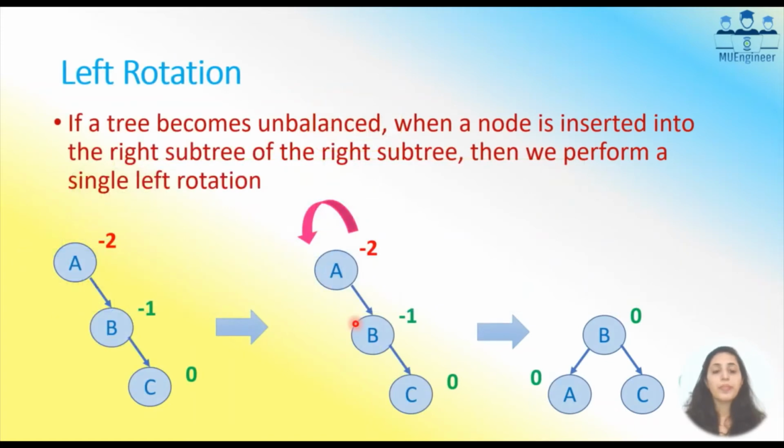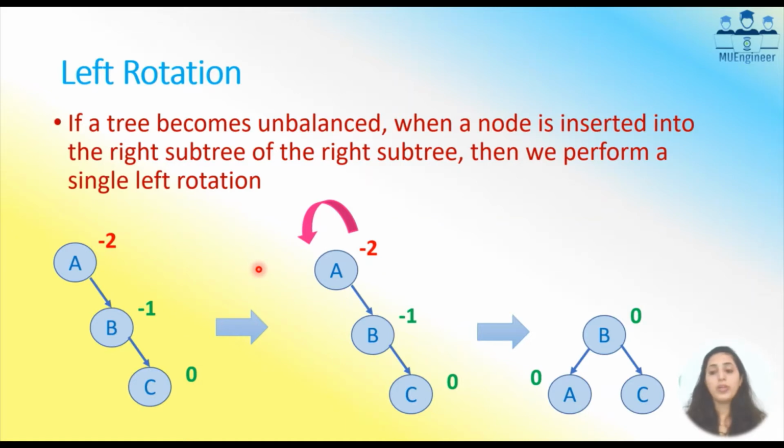Okay, so now the first one I will see is left rotation. We apply the left rotation function whenever, after adding a new node, say for example after adding the node C in this particular tree, the balance factor is not -1, 0 or 1, that is, if it goes to -2 or like that. In that case I have to apply rotation. So whenever you have -2 followed by -1, I have to apply left rotation on the root node.